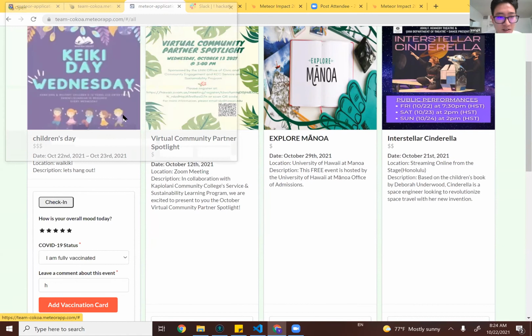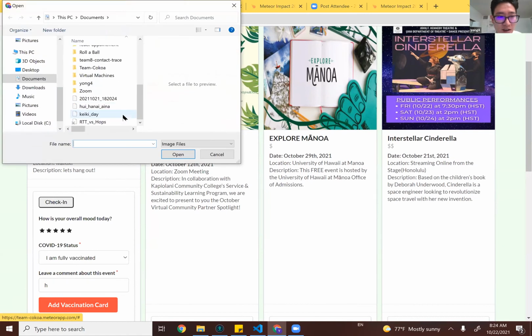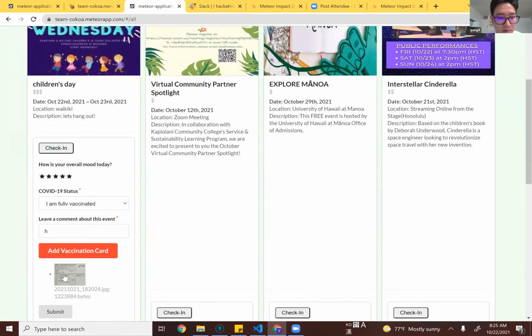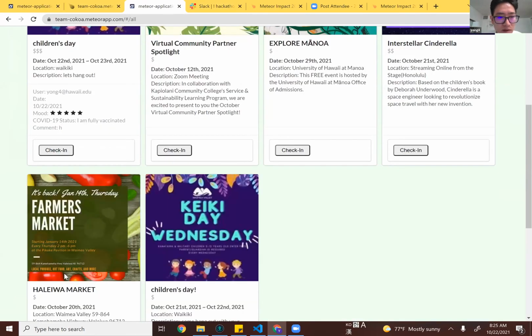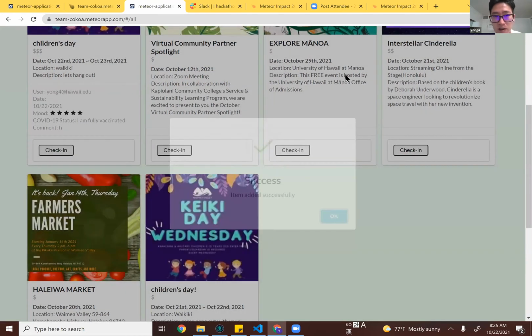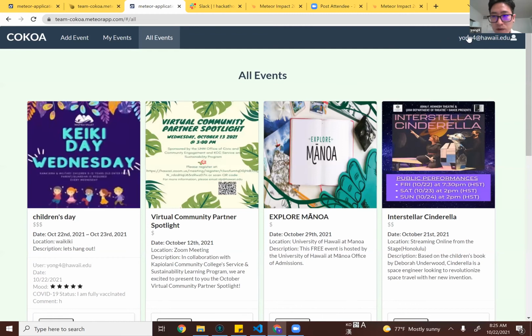And here you can choose to upload your vaccination card. And I'm gonna put my vaccination card here and submit. From this page, you actually have to go to admin to see their comments and approve them.